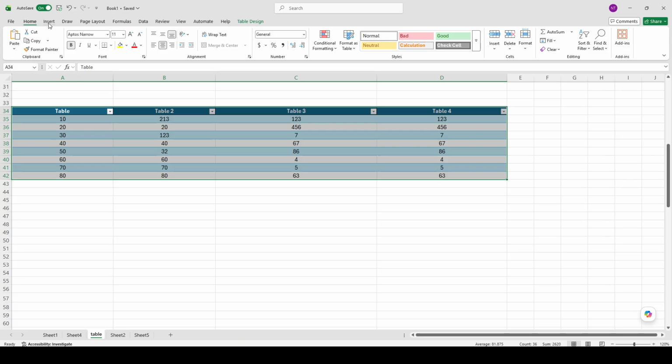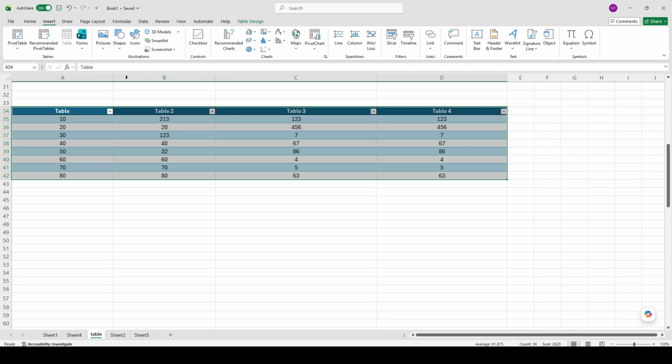Next, move your attention to the top menu bar in Excel. This is where you will find the tools needed to insert a chart. Click on the Insert tab. When the ribbon changes, look for the Charts section near the middle. This area contains several chart options, and it is where Excel lets you quickly turn selected data into a visual